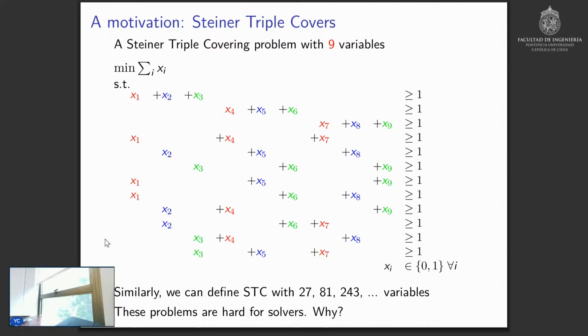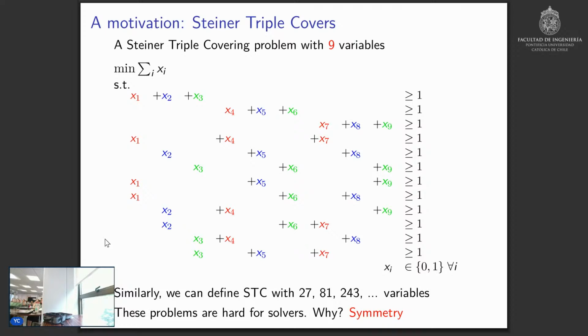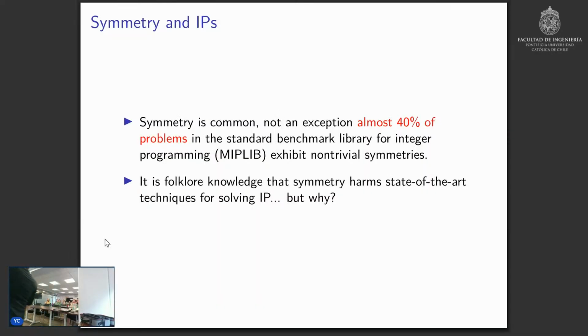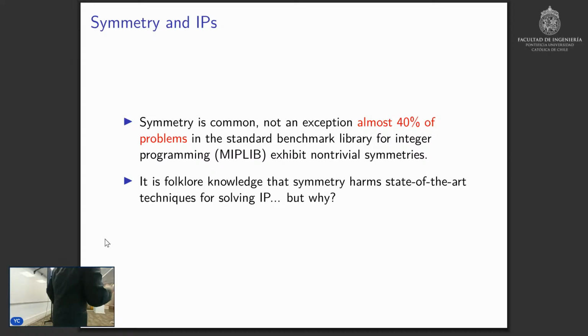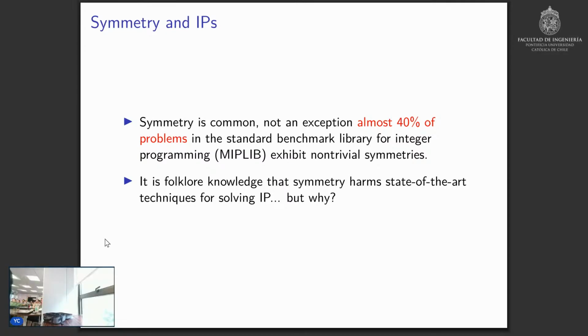And the question is, why do solvers struggle so much with solving this kind of problem? In this talk, what we're going to uncover is that symmetry is a feature that makes problems hard in this realm. And actually, symmetry is pretty common. At least 40% of problems in the standard benchmark library for integer programs, called MIPLIB, exhibit non-trivial symmetries. So if you go to this library, where usually there are easy, hard, and very hard problems, almost 40% of the hard ones